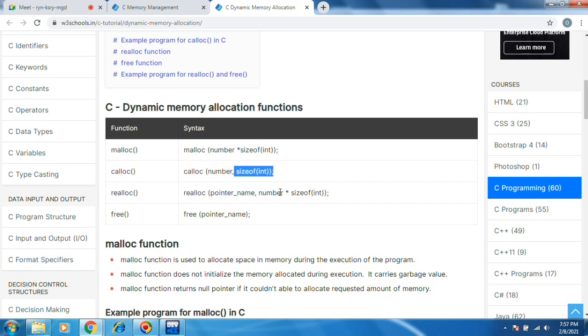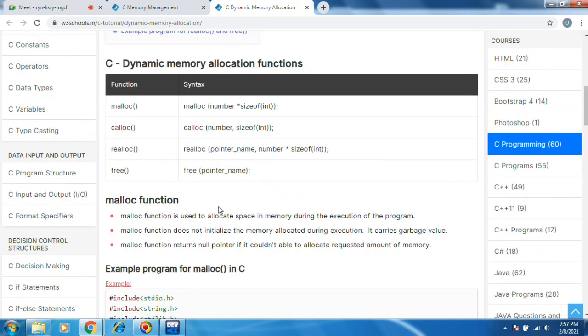Already allocated, I can reallocate. Let's do the malloc function: how many bytes you want to allocate at runtime.